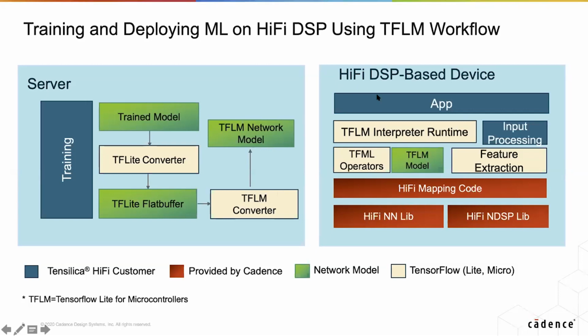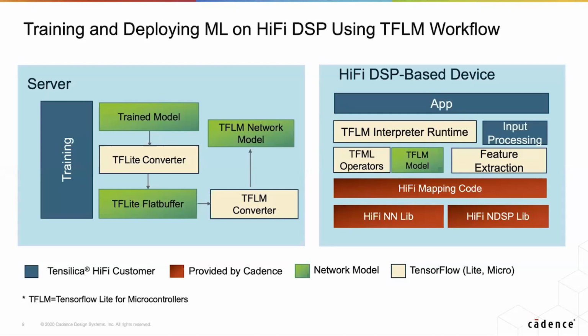When you are ready to deploy, you would write your application as so, you call the TensorFlow interpreter runtime that's able to interpret this trimmed model. And from there, there is a set of defined operators that's been evolving quickly still. And then you deploy TensorFlow-like micromodel. And from there, that's where the HiFi DSP connects directly into here. We have mapped that code into the HiFi DSP. HiFi DSP can directly compile the TensorFlow like micromodel